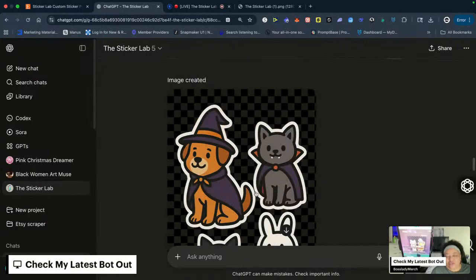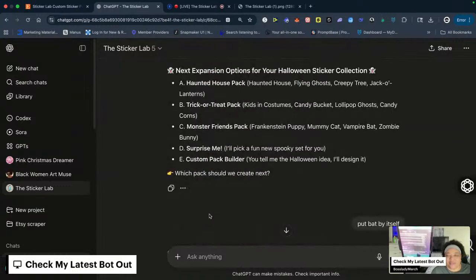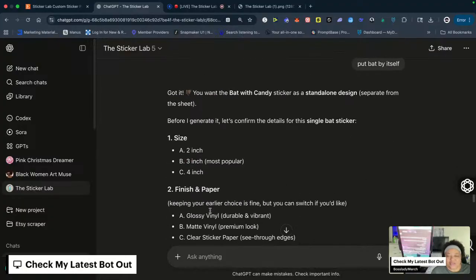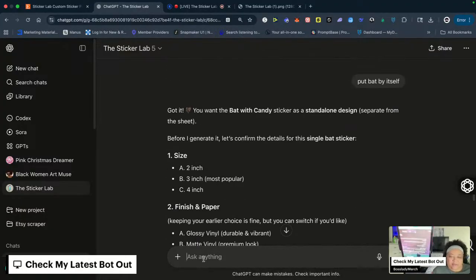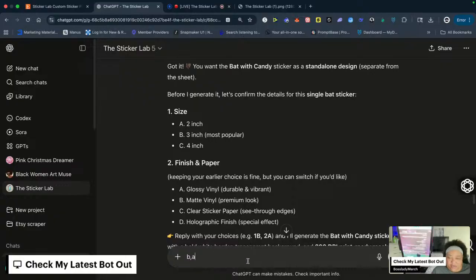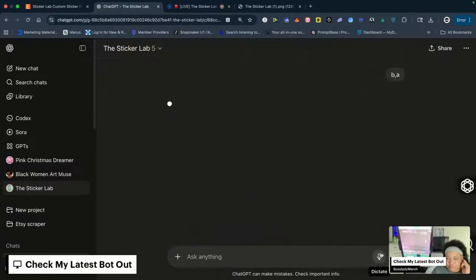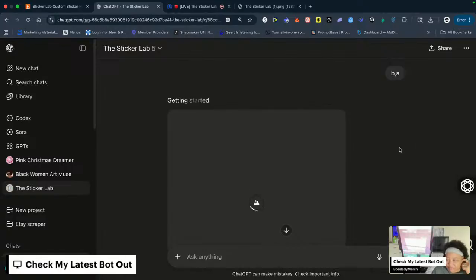Usually when my stuff touch when I cut it, I just take the scissors and snip it right there. That's all I do. Is snip it, snip it, snip it. I'm not cutting. So we're gonna do B and A. So B and A. And I did buy some magnet paper, but I thought this was the big size and